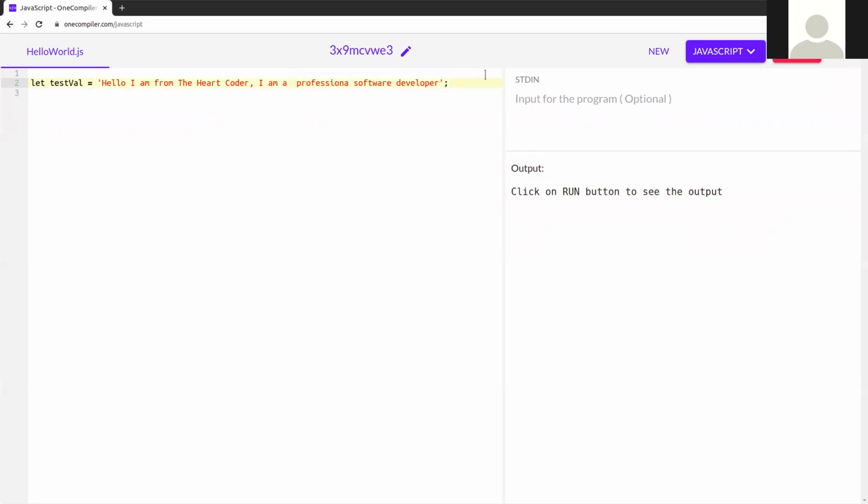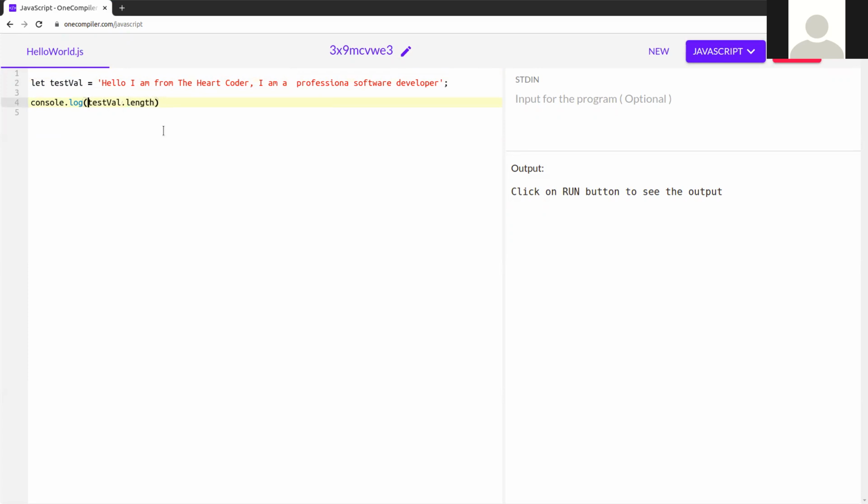First, let's calculate the length of this string. So console.log, testVal.length.